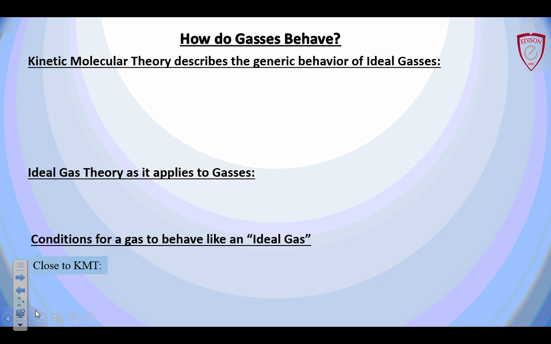Cool. So, conditions that make it behave like an ideal gas. If you want to get close to kinetic molecular theory, you have to have small molecules. So hydrogen, H2, is the best, most ideal gas, then helium, He. They're smaller in diameter than, say, chlorine gas, or some larger covalent molecule that's a gas, like SO2 or CO2. Bigger molecules, less ideal. Correct. Next, you have to have a high temperature because that causes them to move in straight lines more.